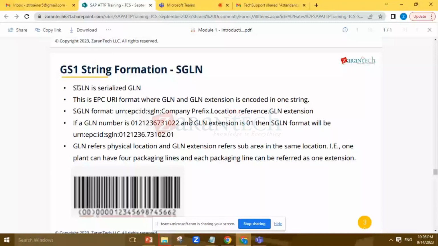Under one plant you have 4 different packaging lines, and each packaging line is handling different products. So how will you identify? Because GLN is only given at plant level. My product is realized at